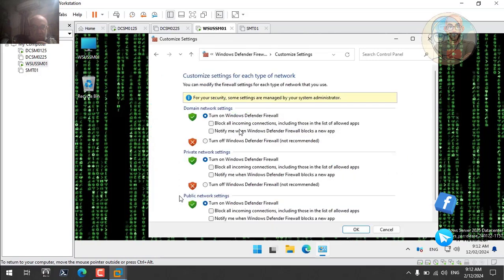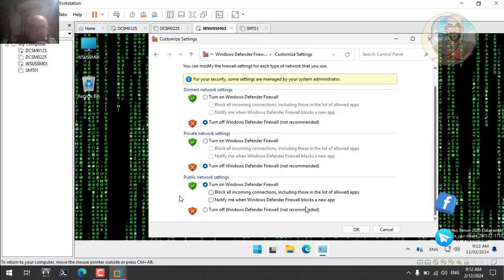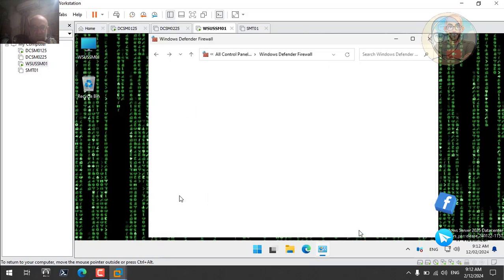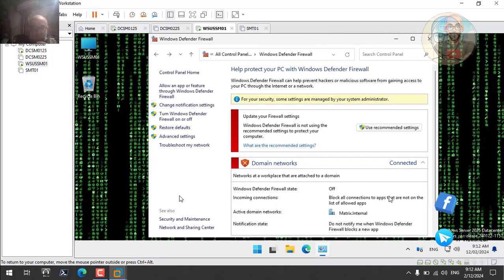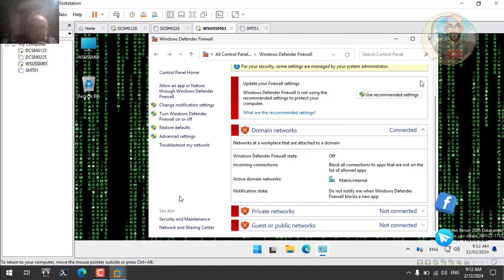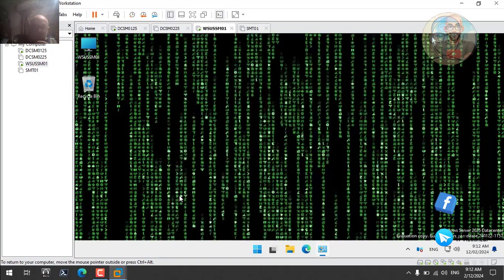Turn off Windows Defender. Here we will disable the Windows Defender firewall. So now we can continue